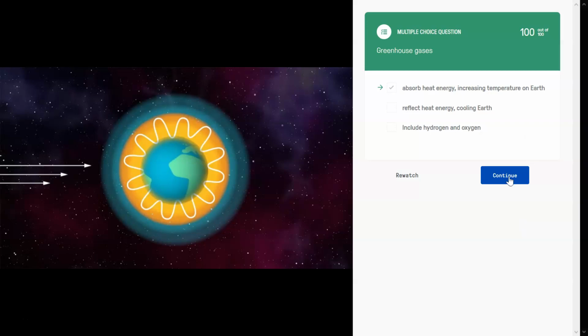Now I click continue. When plants came along with their fancy photosynthesis, they used up most of the carbon dioxide